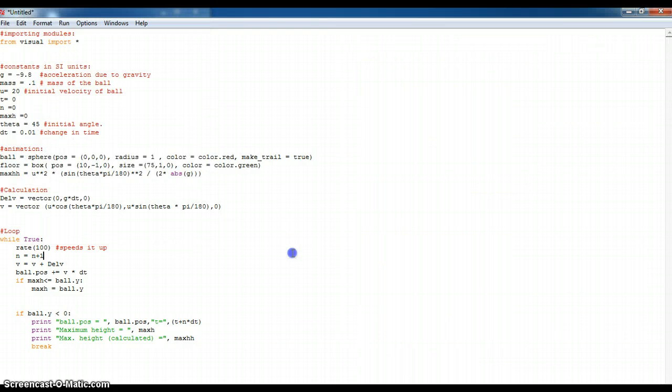There's a little bit of difference in maximum height, and it is because, as we see, the floor position is 10, -1 and 0, and we just kept this -1 so that it wouldn't look like the ball would come from